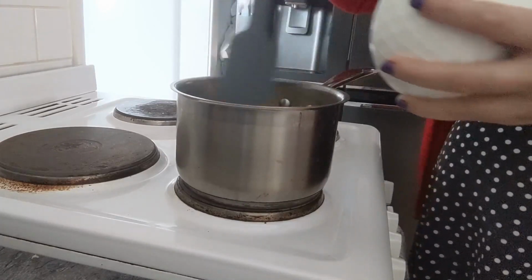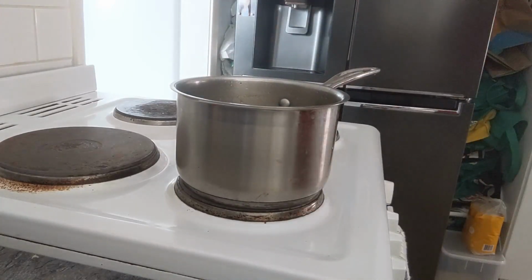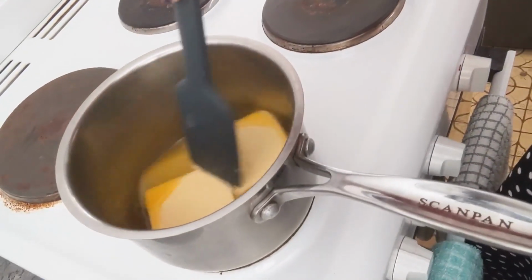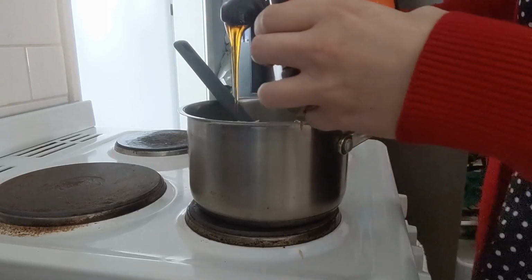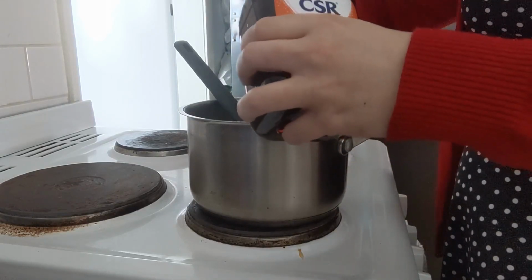125 on the dot. We got it. So in a large saucepan, we are going to put in the butter and swirl it around until it's completely melted. We don't want it boiling over too much, so you want to do this on a little bit of a lower heat. Once the butter has completely melted, we're going to add 2 very generous heaping tablespoons of golden